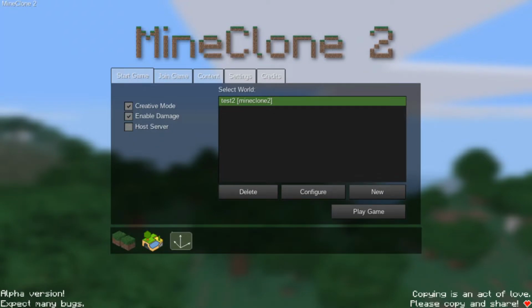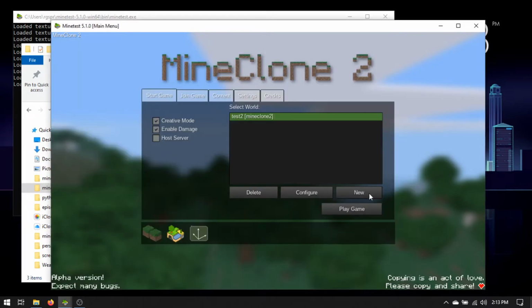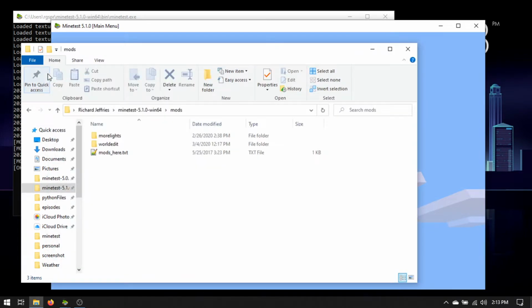But first, some questions. There we go. As I'm booting up my MineClone2, we are going to answer a question real quick. Anna Owens says, Richard, why can't I mod? It says error, failed to enable mod. Only A-Z, 0-9 are allowed. Okay, so if you're doing it the old way, and this was on Android,